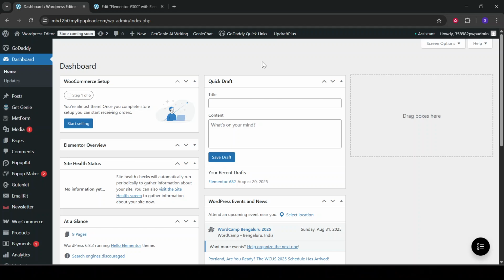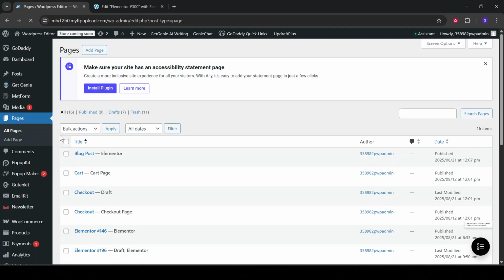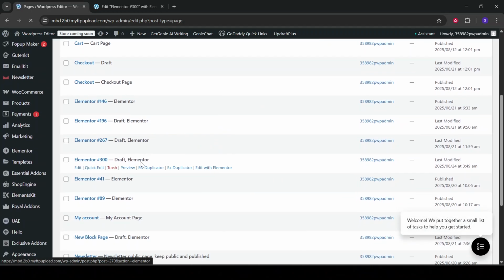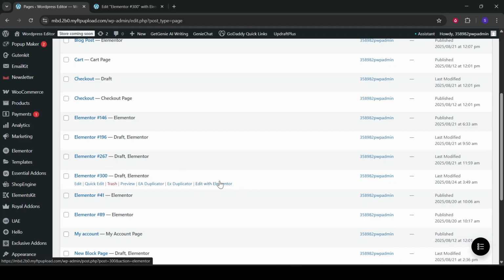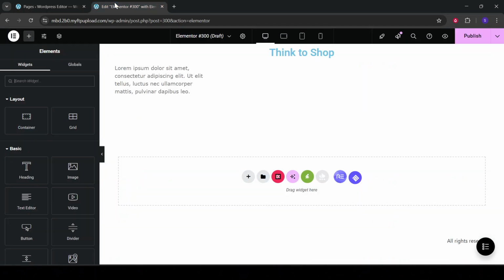Once you're inside your dashboard, look on the left-hand side for Pages. Click on that, and you'll see a list of all your site's pages. Find the page where you want to edit the header, and click Edit with Elementor. This option allows you to access the flexible and intuitive Elementor interface, which is what we'll be using to make